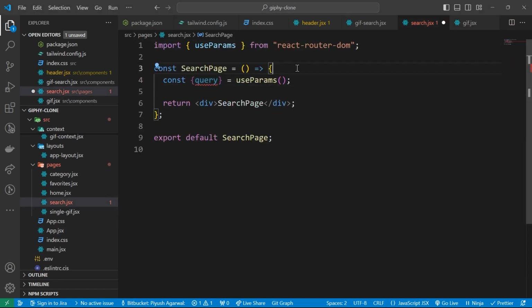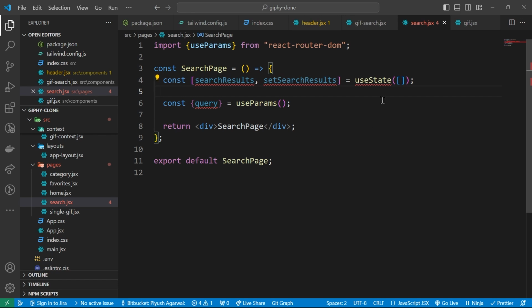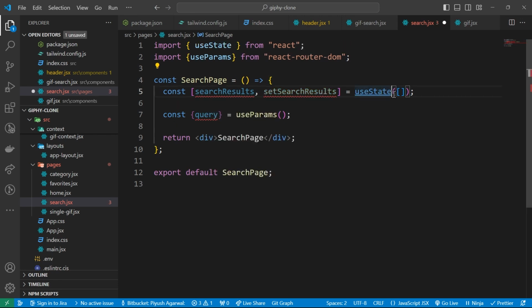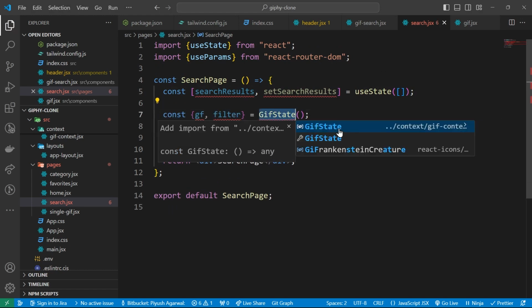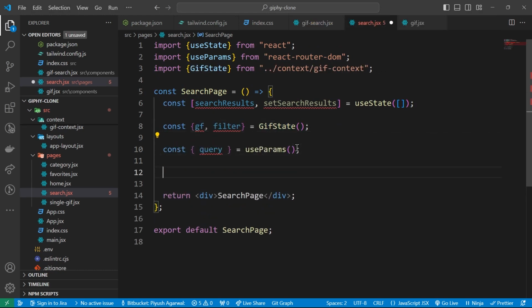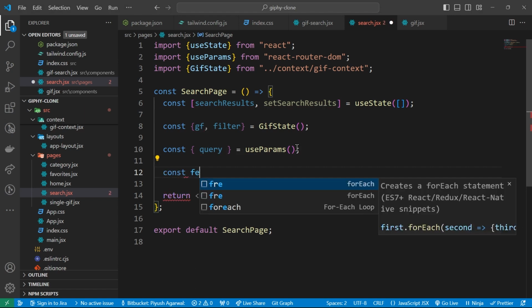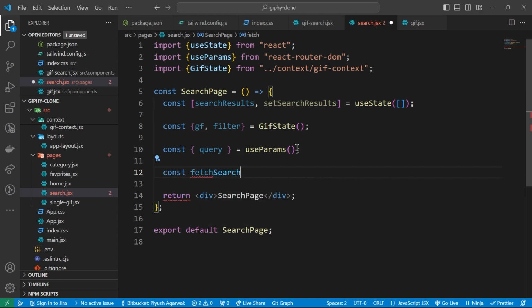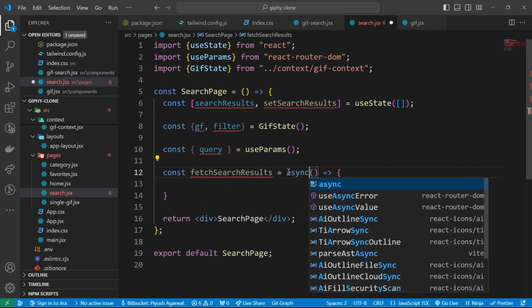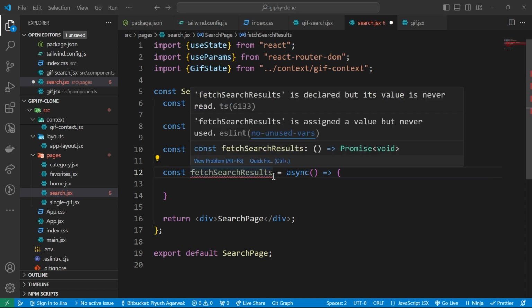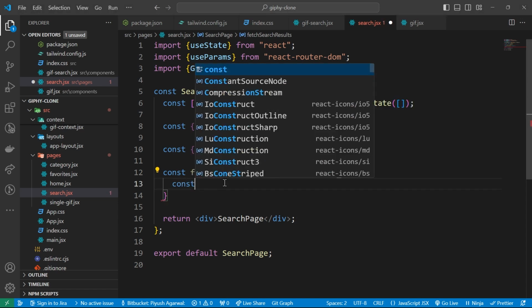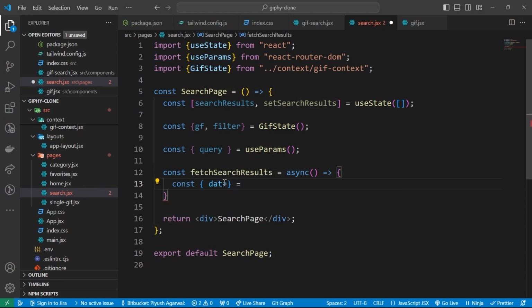We will have a state over here as well, which will contain all of our search results. So let's import the useState. And also from our GIF state or our context API, we will be importing this gf and filter. All right, now below this, I'll have again a function for fetching our search results. It will be an async function, and inside of this I'm gonna be using the gf.search API. Const data equals await